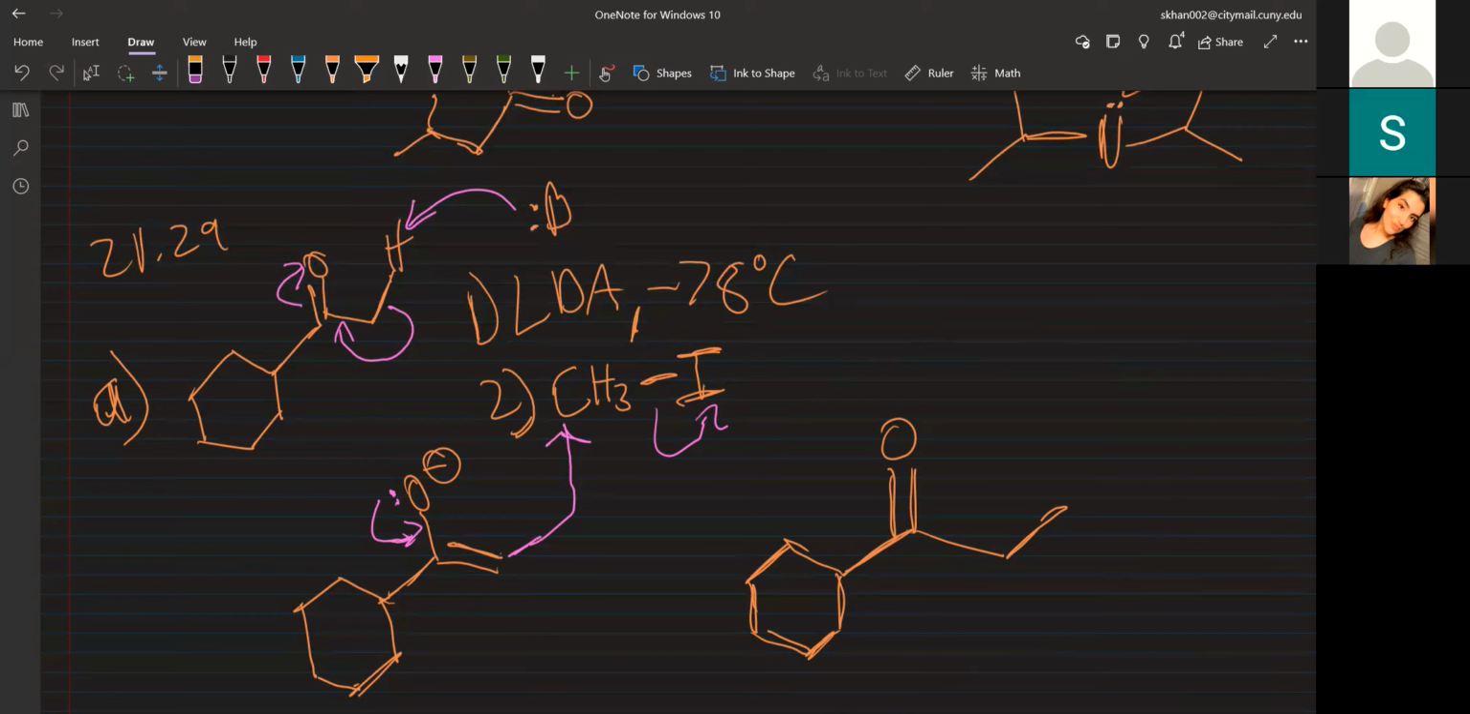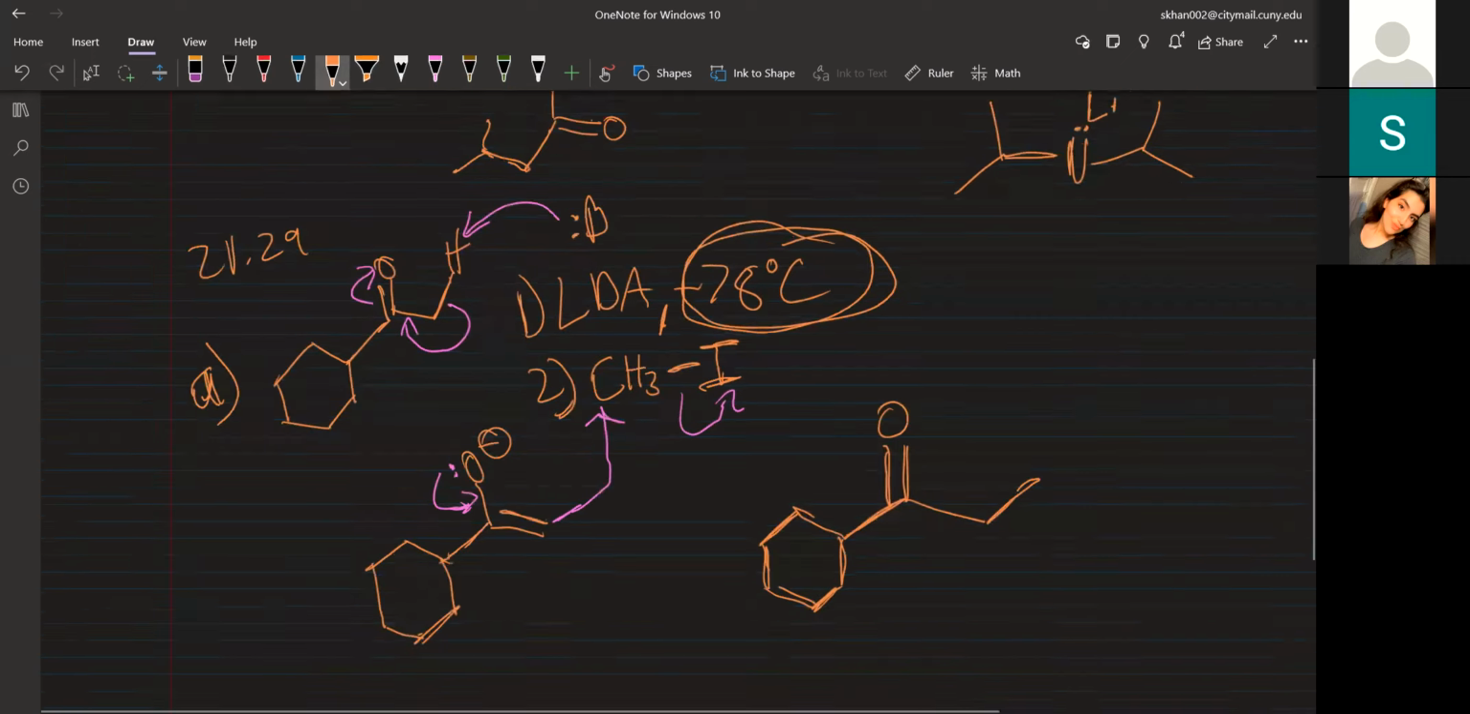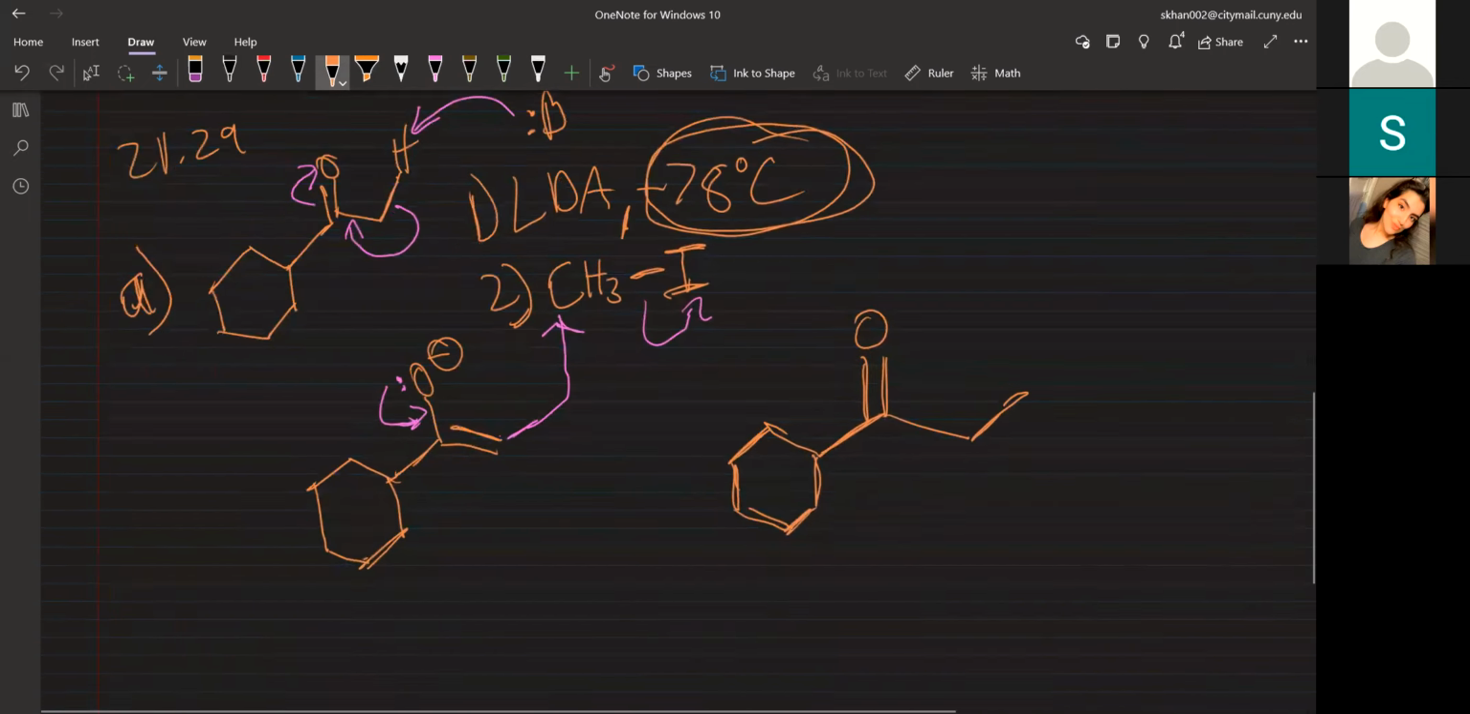So that's the kinetic version. And then I don't know if he mentioned in class, but did he mention how you can achieve this kind of temperature in a lab setting? I don't think you'll ever do it in an orgo lab, but